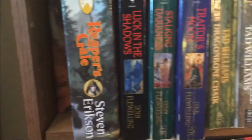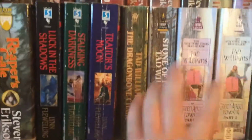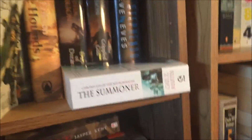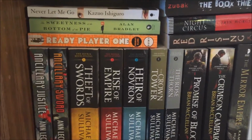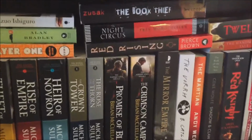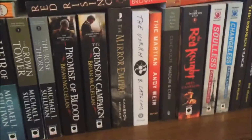We have some Walter Jon Williams, some more Tad Williams, Memory, Sorrow and Thorn. I really want to get to this series. First book of Trudi Canavan's, first book of Karen Miller's, first book of George R.R. Martin's. And then down here we have all my trade paperbacks that I really want to get to eventually. So we have like Alan Bradley, Ernest Cline, Ishiguro, Ann Leckie, Michael Sullivan, Brian McClellan, the first Pierce Brown, Night Circus, Book Thief, The Vorrh,